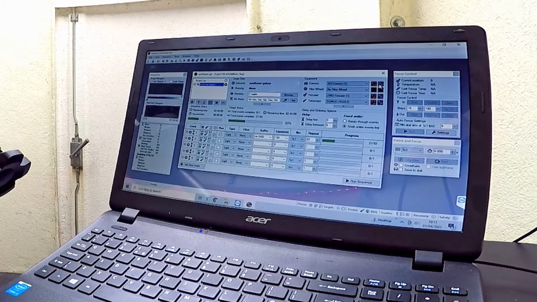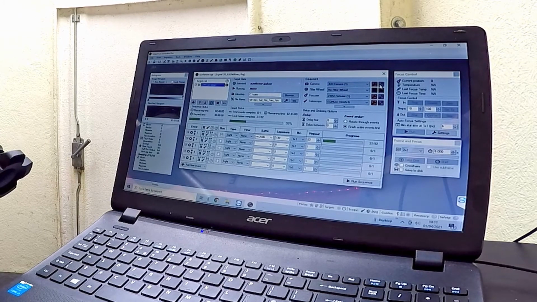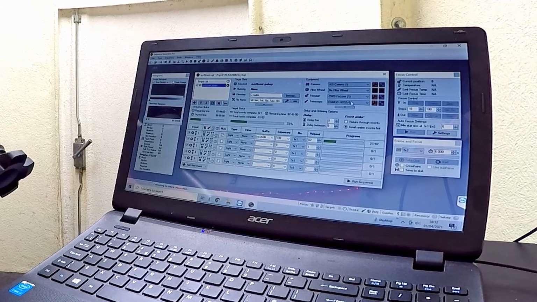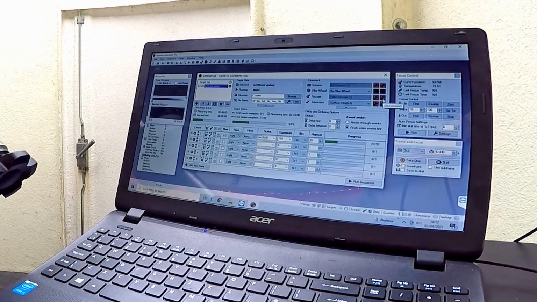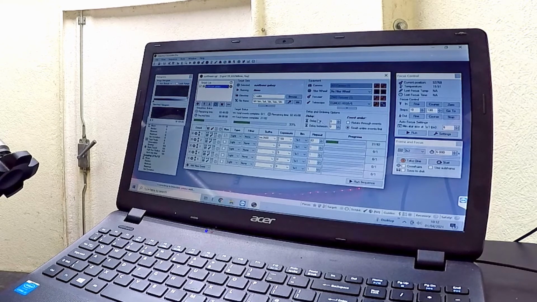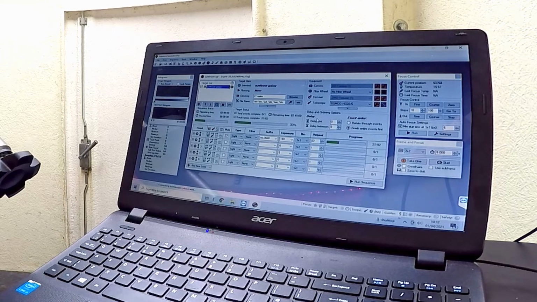So the first thing I'm going to do, and I'm doing this from the house, is going to connect the camera. I'm going to connect the focuser. You can see everything's connecting up, and the mount. Now you've seen in the previous